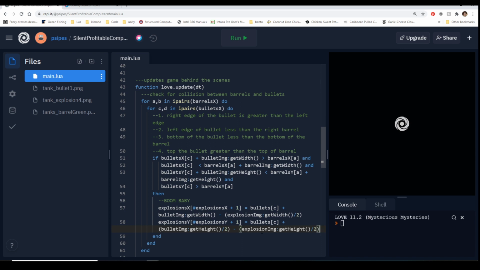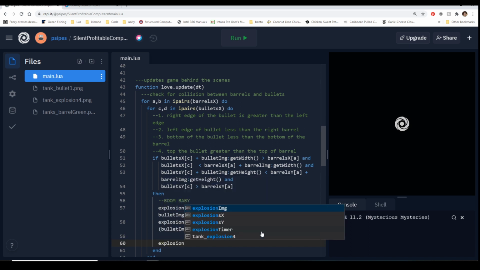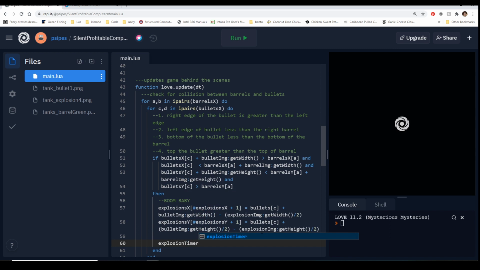Now, while we're here, we're going to go ahead and put the explosion timer up. Not that it's doing anything yet, but while we're here, we might as well. Explosion timer. We want this for technically 2 seconds to start with. We're going to say explosion timer plus 1. And I'm going to hard code it again. You can put a timer variable up top if you want. Hard coding is not your best thing.